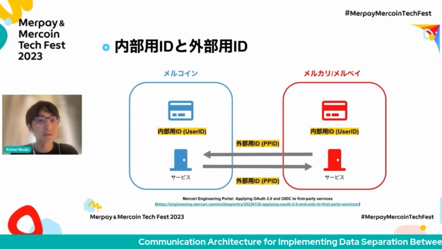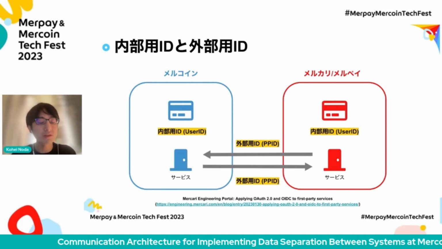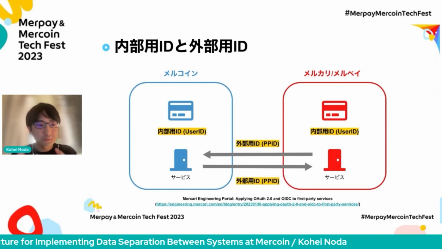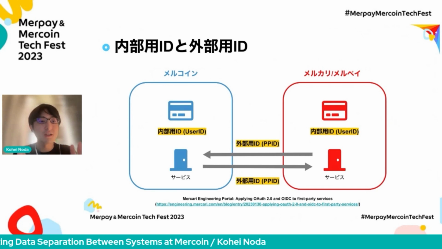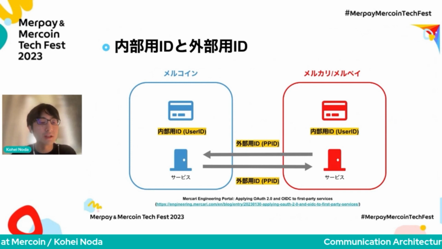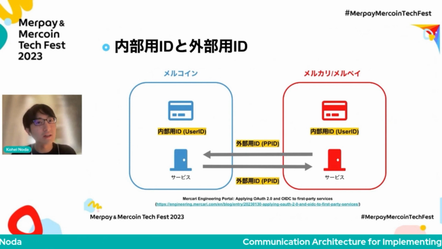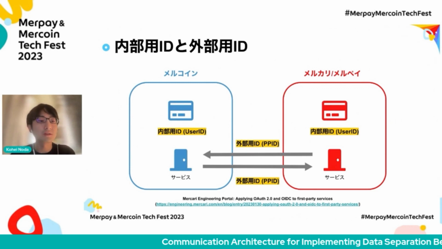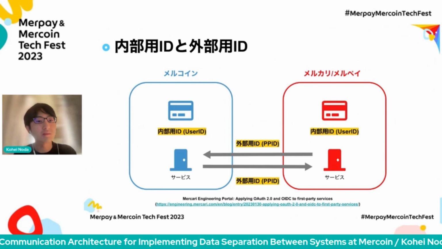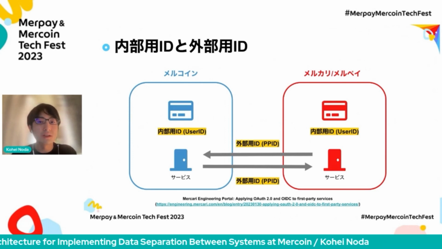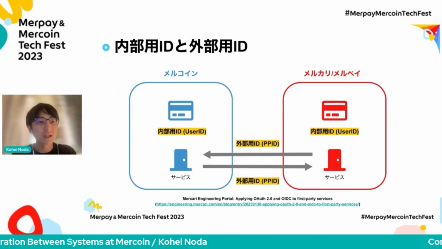If you do that, for example, when you're trying to send communications within Mercoin, it will be converted to the Merpay ID before it is sent. If it is done within the Mercoin service, then it would be no different from the situation where the Mercoin side actually knows the IDs of the Mercari Merpay users. In this case, the employees who have the authority to convert the IDs